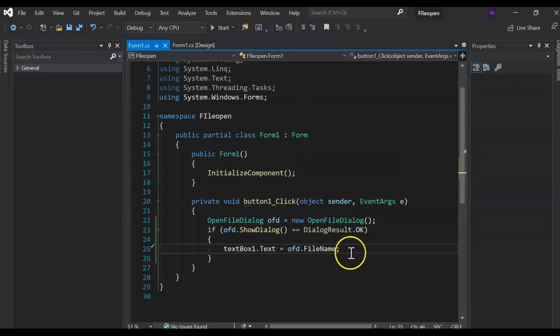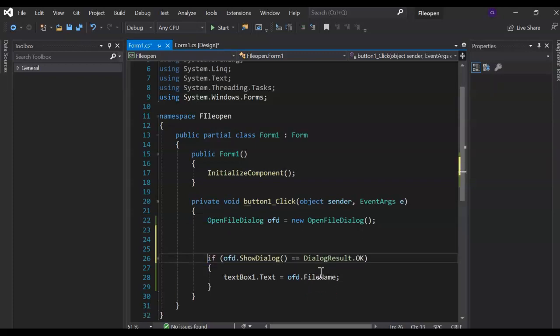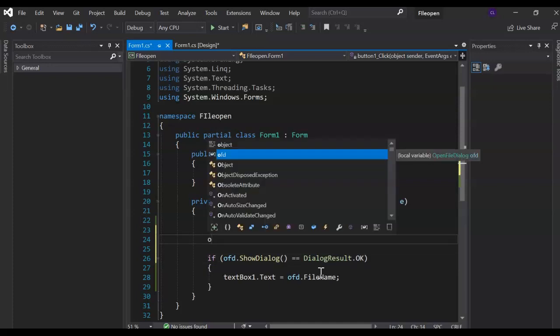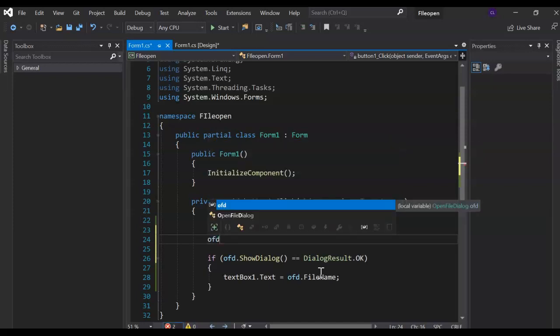So what more do we need to do? Well, first of all, let's set it so that it can't select anything other than text files. Well, we want it to have the ability to look at all files, but we mostly want to filter by text files. So what we're going to do is say OFD.filter equals